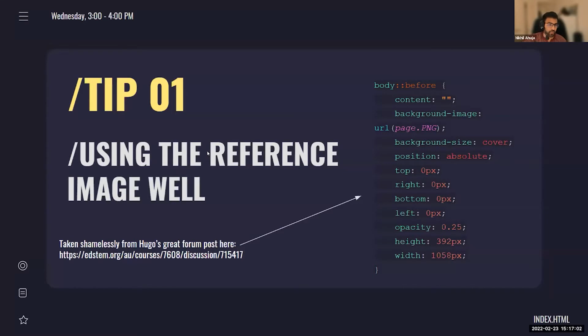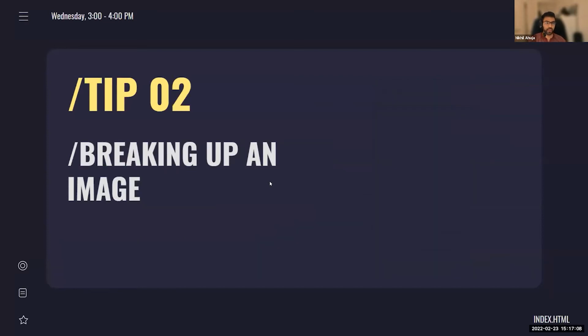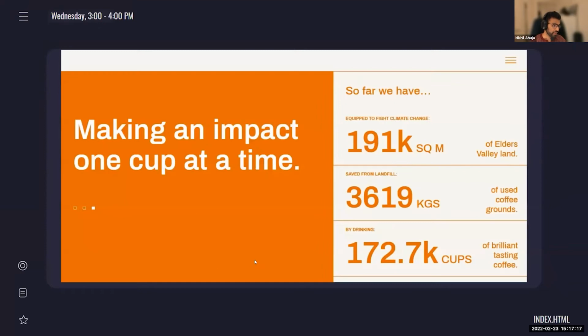Okay, so we've got the reference image there. So we've done that. And so now I want to look at how we break up an image and how we go about actually getting started replicating an image in HTML and CSS. So this is our image that we're trying to replicate, right? And essentially what we're trying to do is